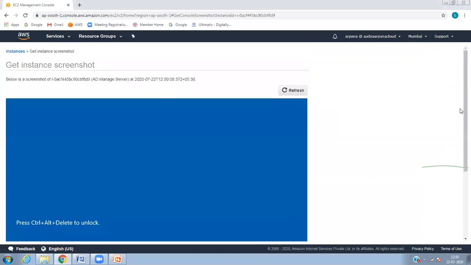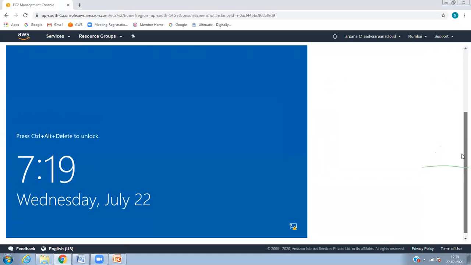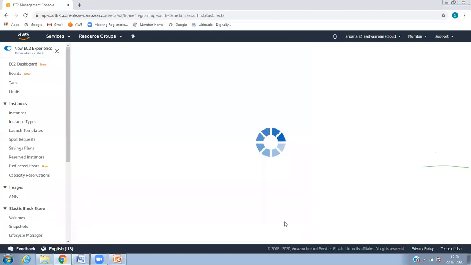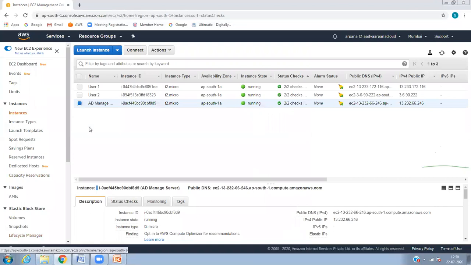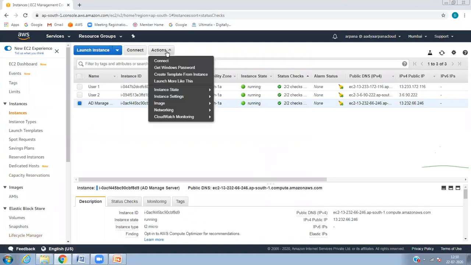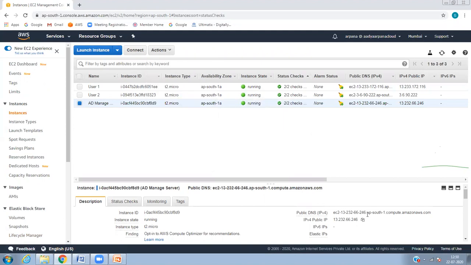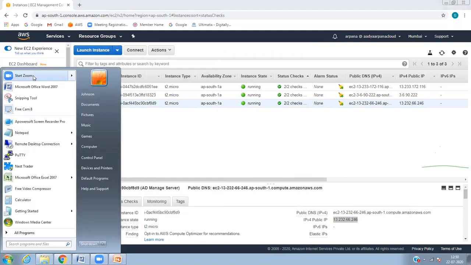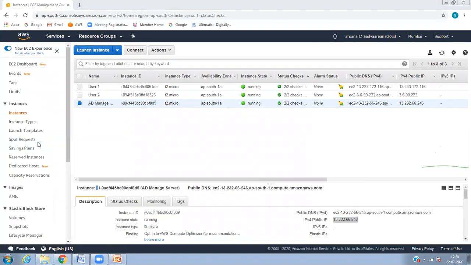See now, Yuvraj and Venkateshalu. Now my server is up. I can go here and connect now, remotely with remote desktop.